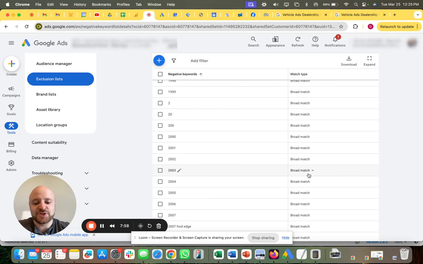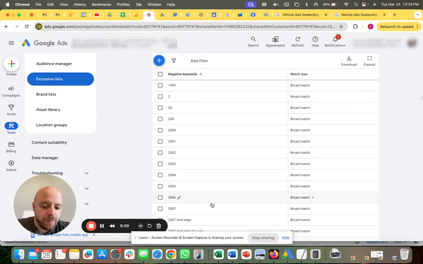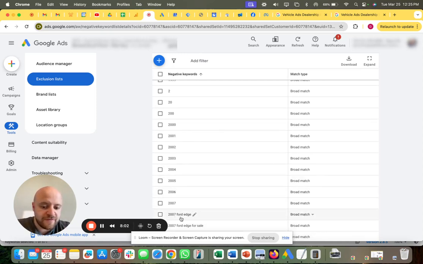So with that, I have a couple branded terms in here: 2007 Ford Edge, 2007 Ford Edge for sale. Now, that's not the same as my Ford F-150, but it has the brand word Ford in it, and it's a broad match. So with that, we're probably negating ourselves. So one thing we're going to try is removing all these keywords,